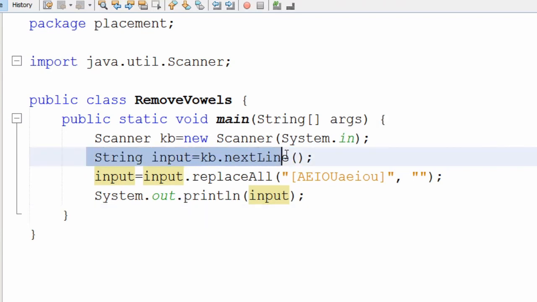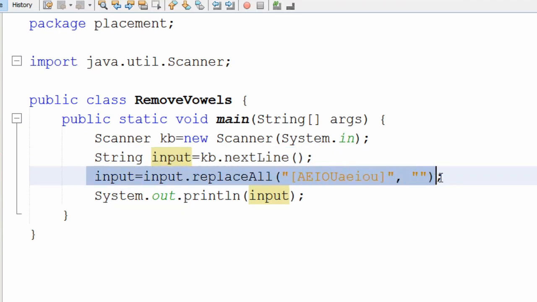Now once I get the input from the user, the next thing is to remove all the vowels from the string. This entire thing can be done using this single line. Now how? First of all, this part will be executed. Here we are simply saying input.replaceAll. This method will simply replace any of the characters from this string with nothing. That means if we encounter any of these characters in this string, they will be replaced with no character, you can say. And after this line, we will simply get the desired output inside this input string.